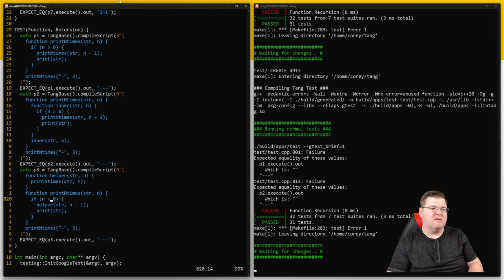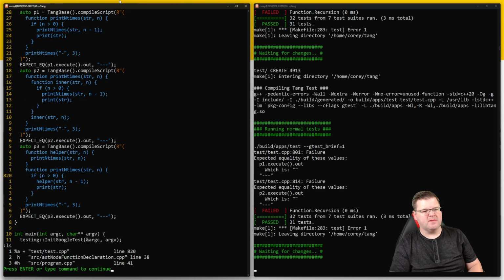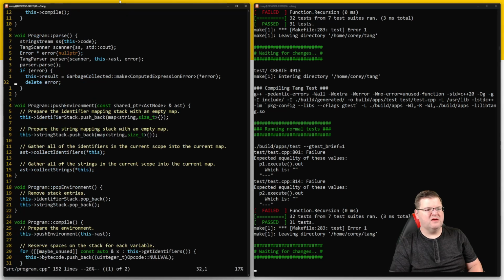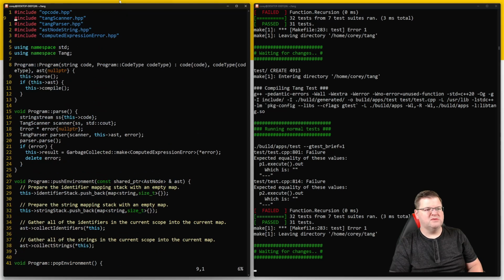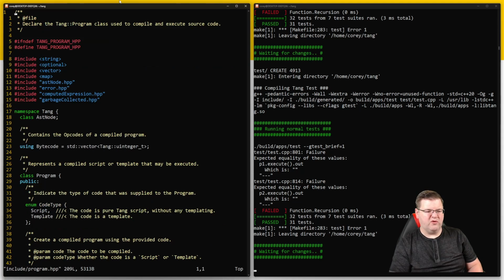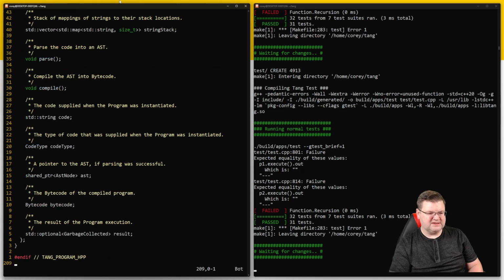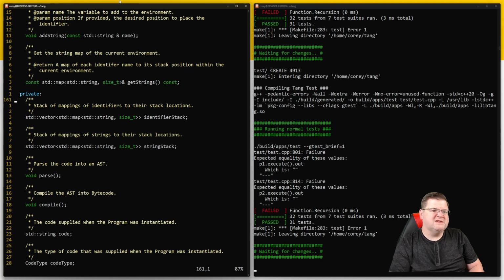All right. I think I have an idea. So in program, I need the include for program. There needs to be a hidden, is it hidden? Stack of mappings of identifiers, of strings, and then